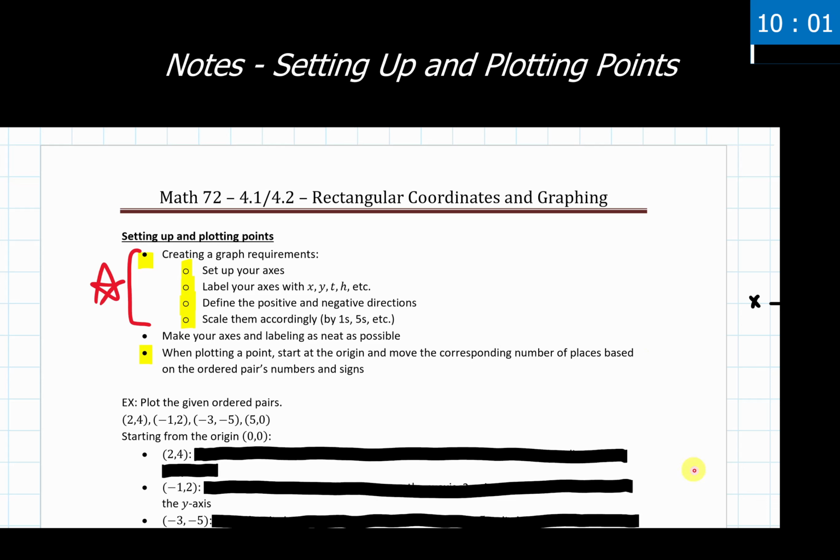I'll let you know when we get to the quote-unquote second part of this, because there's a couple things that 4.2 does bring in that's slightly different from graphing, but we'll get to that at the very end. So, starting with our basics, if we are going to graph anything in this class and our future classes, here's how we are going to go about starting that and setting these things up.